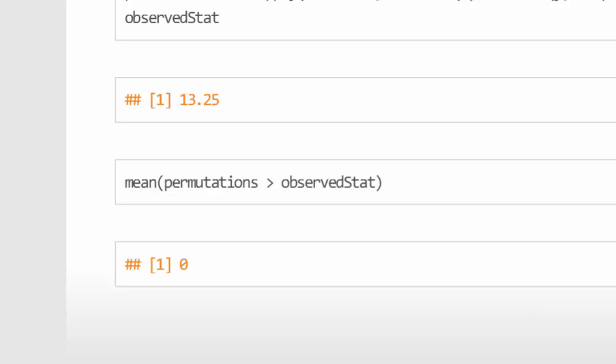Or more formally, the p-value is very small, close to 0, and so we reject the null hypothesis for any reasonable level of alpha. I would note the p-value is not exactly 0 because we can think of at least one permutation that is as big as our observed statistic, namely the permutation that gives us back our original data. This is kind of a minor point because we're going to do thousands and thousands of simulations, and whether or not we add that one in or not is kind of irrelevant when we compare our p-value to any normal critical value like 5%.